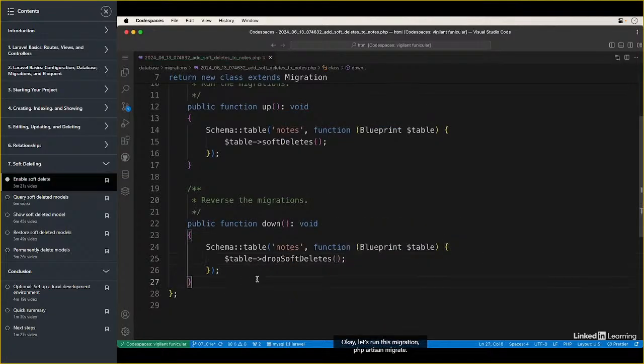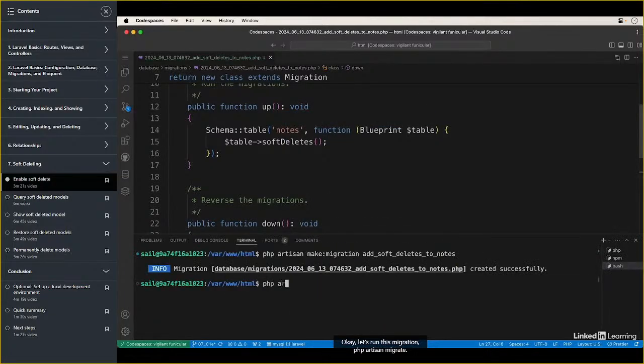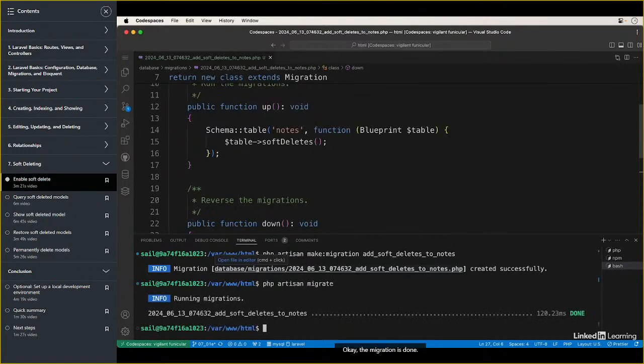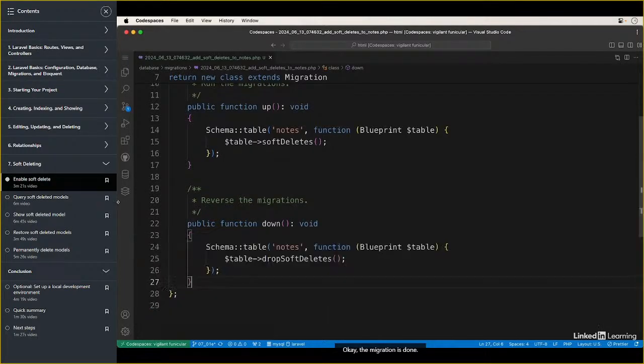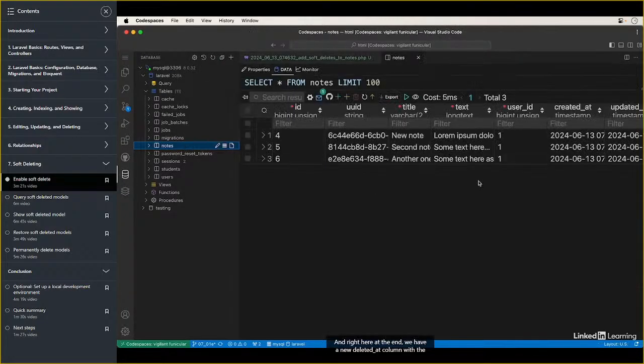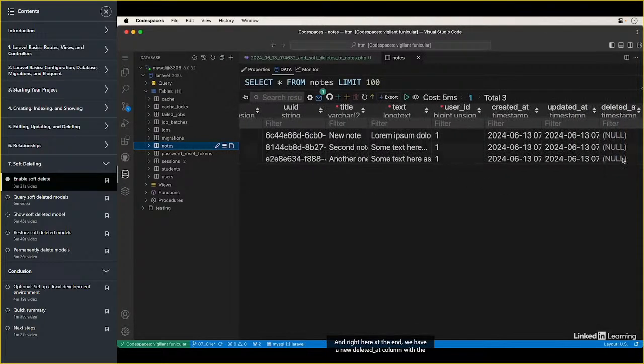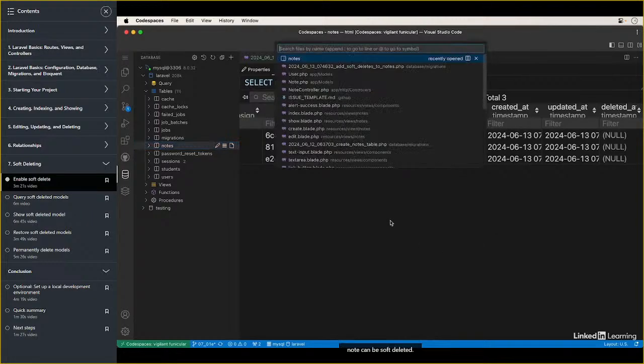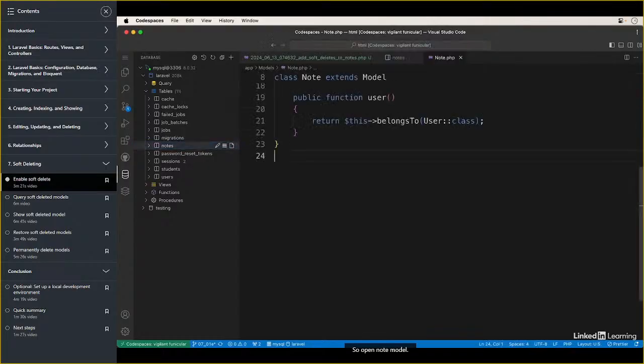Okay, let's run this migration. PHP artisan migrate. Okay, the migration is done. Let's check the table, notes, and right here at the end, we have a new deleted at column with the default value as null. Now, at the same time, in the note model, we need to specify that the note can be soft deleted. So open note model,